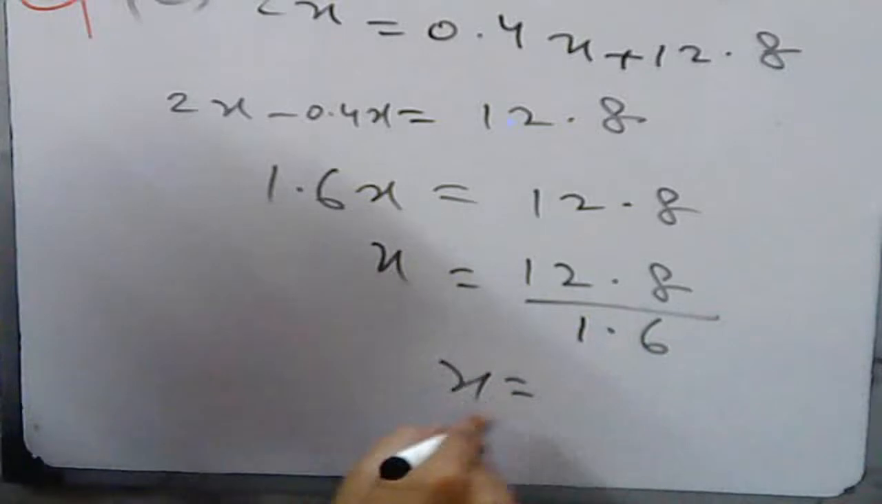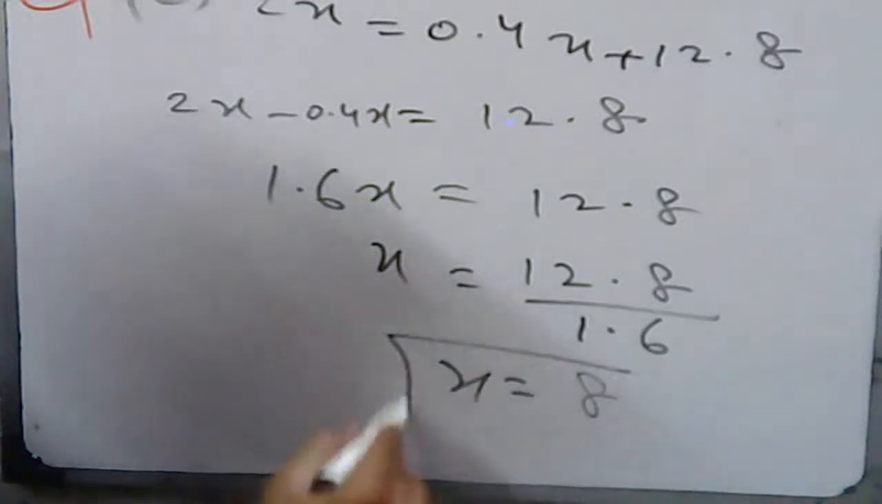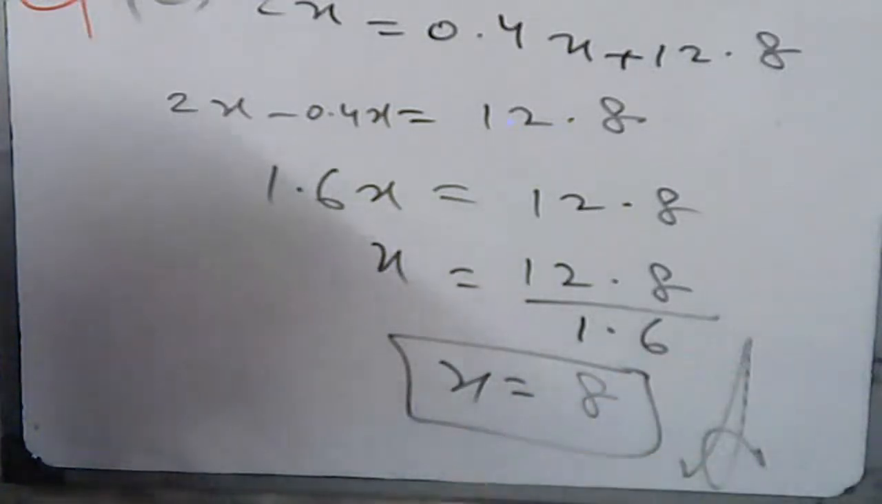So 12.8 divided by 1.6, you will get 8. So that is your required result. Now in part F,